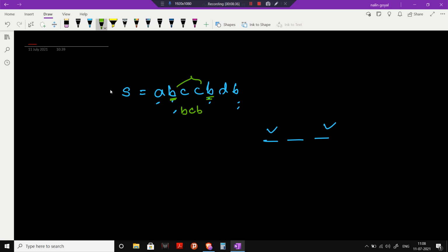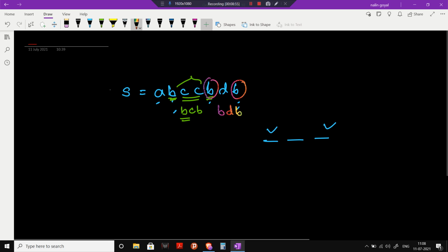As we are asked in the question to make only distinct palindromes, we will choose the distinct values that are present in between these characters. And what if we choose this B and this B? The palindrome that we will get will be BDB. And if we choose this B and this B, then what will be the palindromes that we will get? We will get BCB. If we choose this C or this C, we will choose any one.